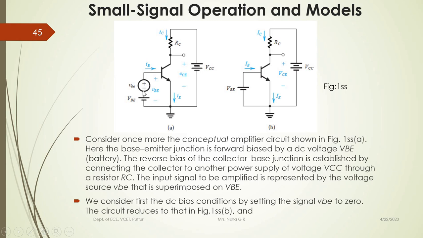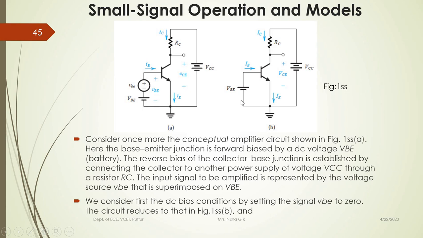If there are any current sources, those will be taken as open circuits. So here only the voltage source is there, and we are going to short this. See here in the second figure, you cannot see the AC component, just the DC voltages. VBE is present, and on both sides only the DC voltages are present.